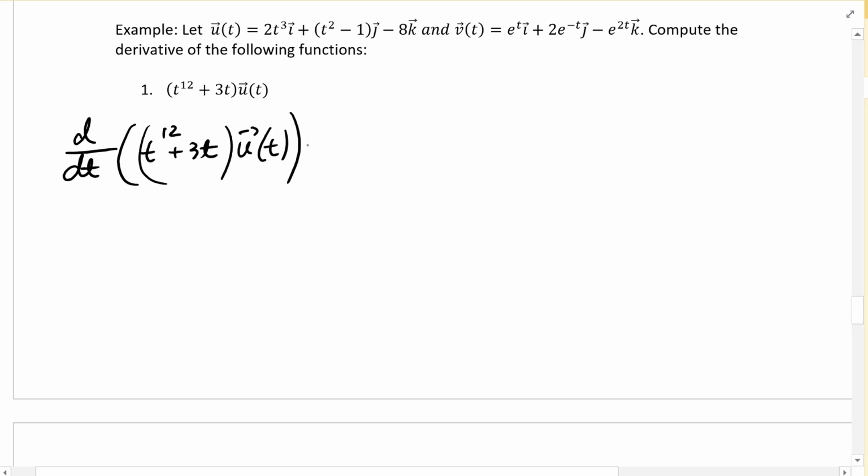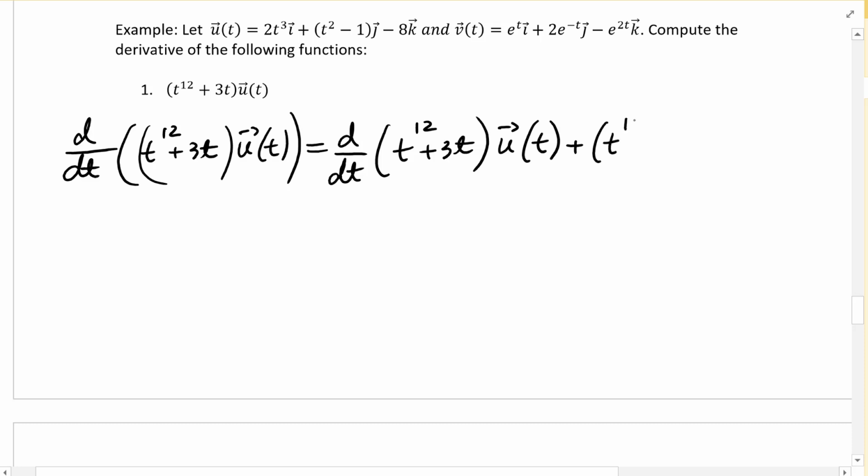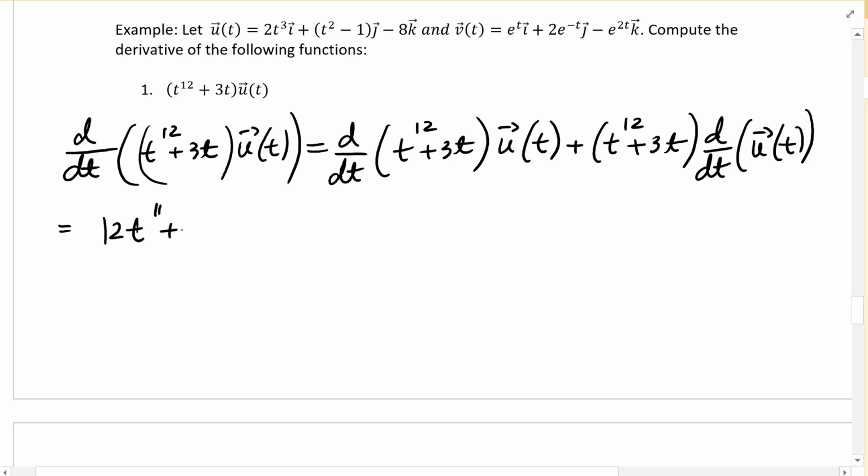So the derivative would be the derivative of t to the 12 plus 3t times u of t plus t to the 12 plus 3t times the derivative of u of t. So we get 12t to 11 plus 3 times 2t cubed i plus t squared minus 1 j minus 8k